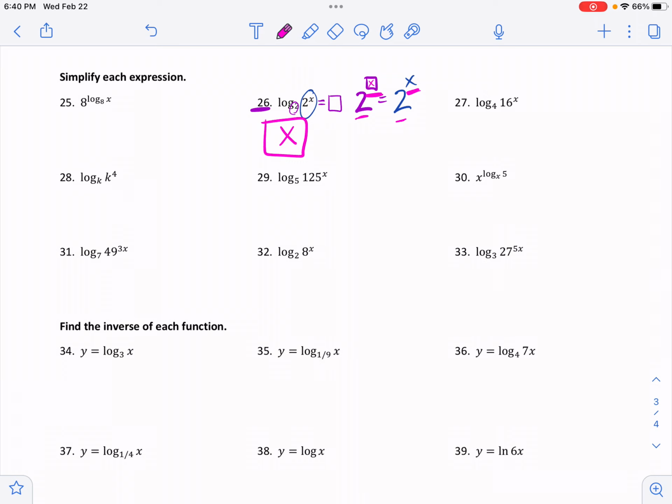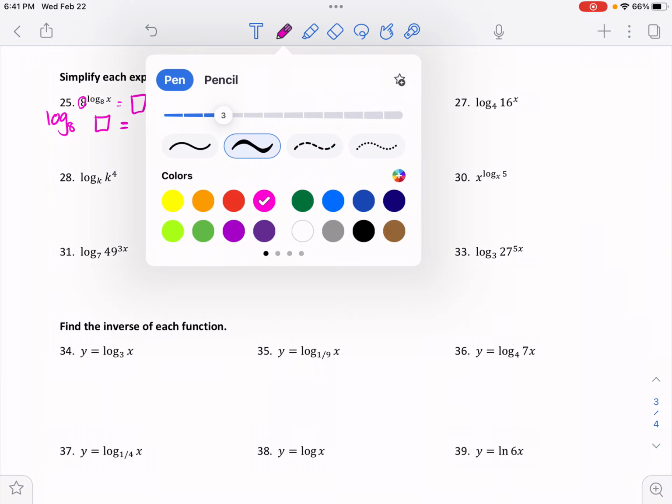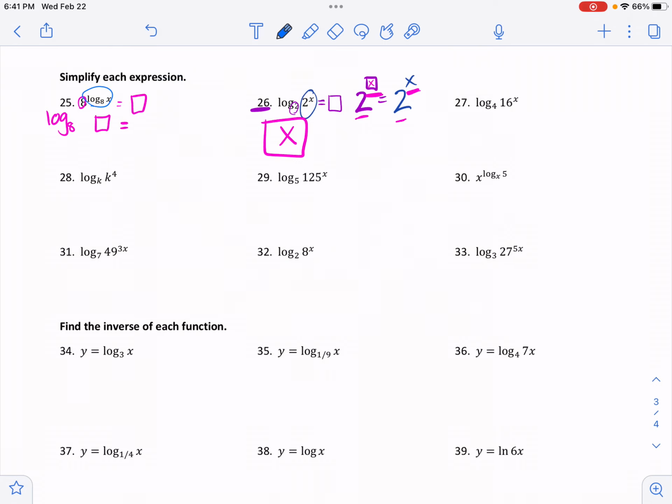Now, keeping that in mind, let's now look at problem 25, where we have 8 to the log base 8 of x power. Now, in this case, I'm going to rewrite this in logarithmic form. So I'm going to think of this as log, and then my base, notice, is 8 of something, whatever it is that this happens to equal. Oh, sorry, there's no equal sign here. Okay, that's going to equal my exponent, which in this case, notice the exponent is the log base 8 of